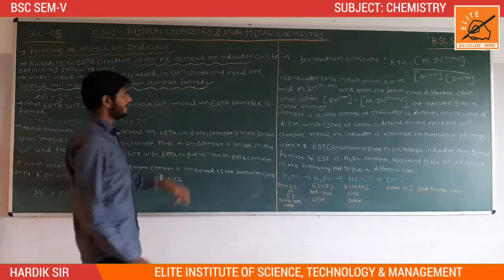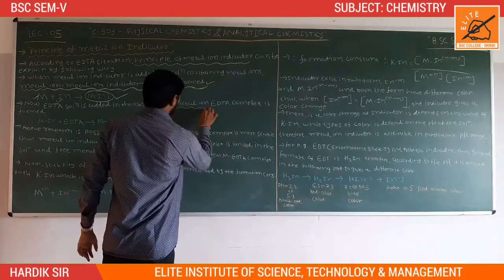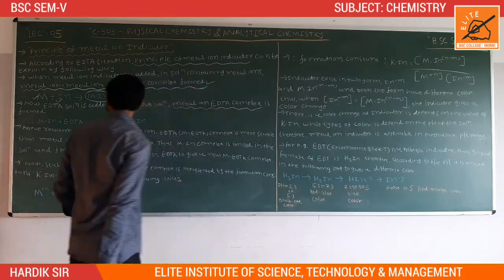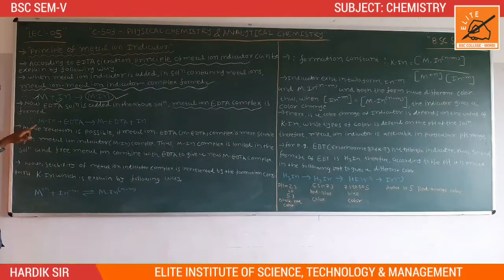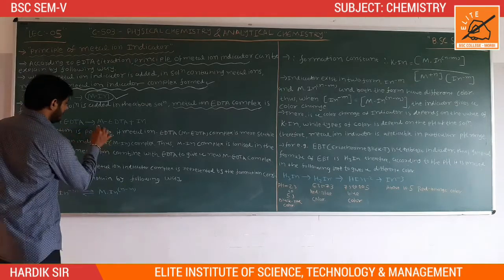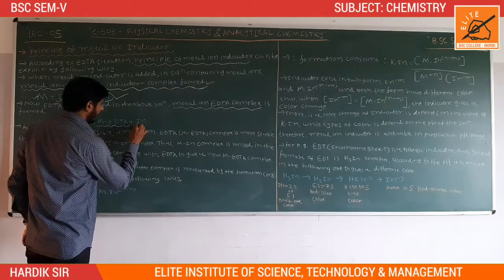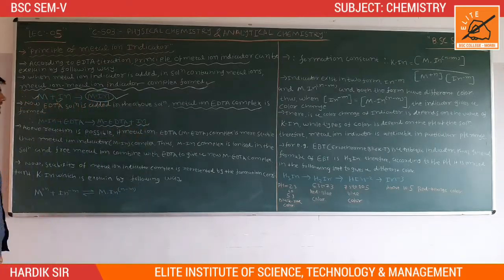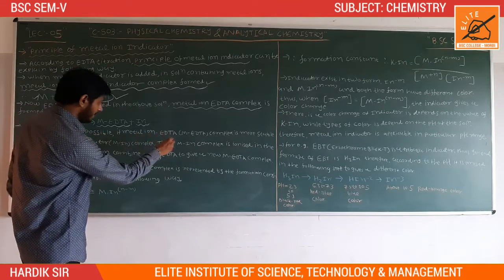Now a metal ion EDTA complex is formed. First of all, to the metal ion indicator solution we add the EDTA solution, and it forms the metal ion EDTA complex, and our indicator is free in the solution. So the above reaction is possible under some condition. The above reaction is possible if the metal ion EDTA